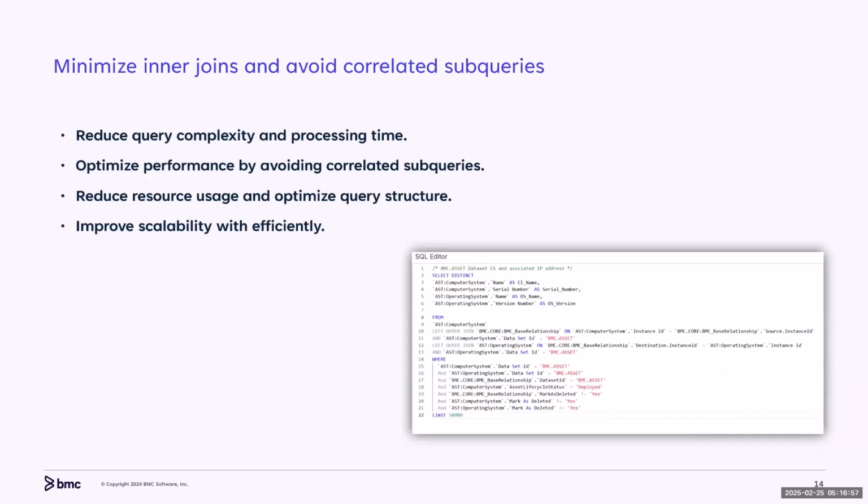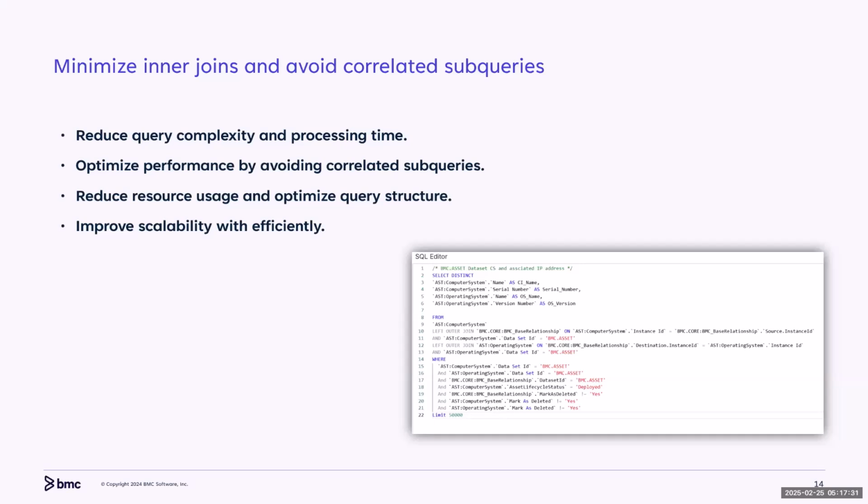The next is minimizing the inner joins and avoiding the correlated subqueries. Minimizing the inner joins helps to reduce the complexity of the queries and can significantly improve the performance by limiting the number of rows processed. Inner joins often require matching multiple tables on a specific column, which can lead to slower execution times. Avoiding correlated queries is essential because these subqueries reference the outer query